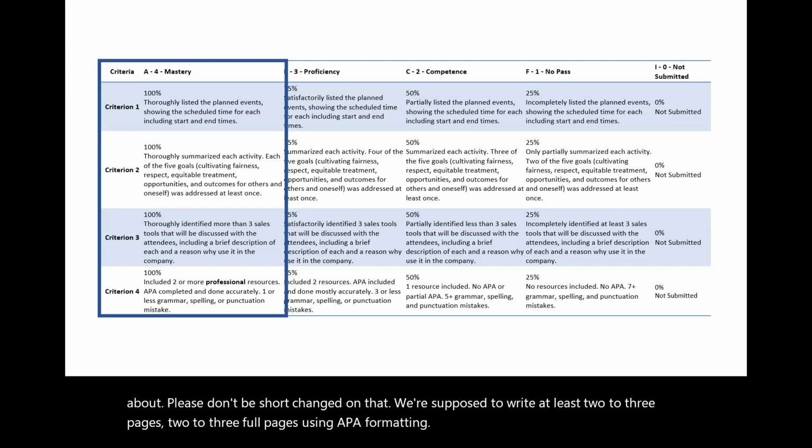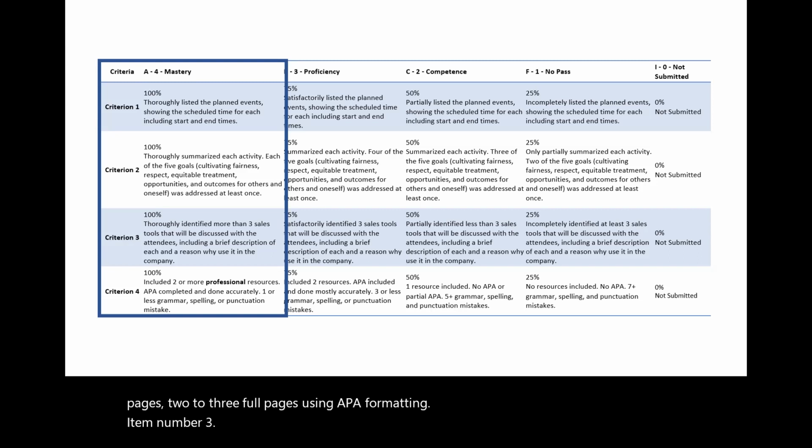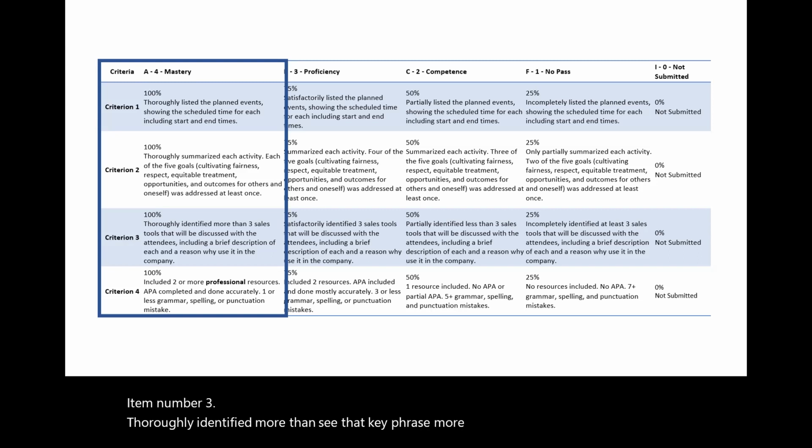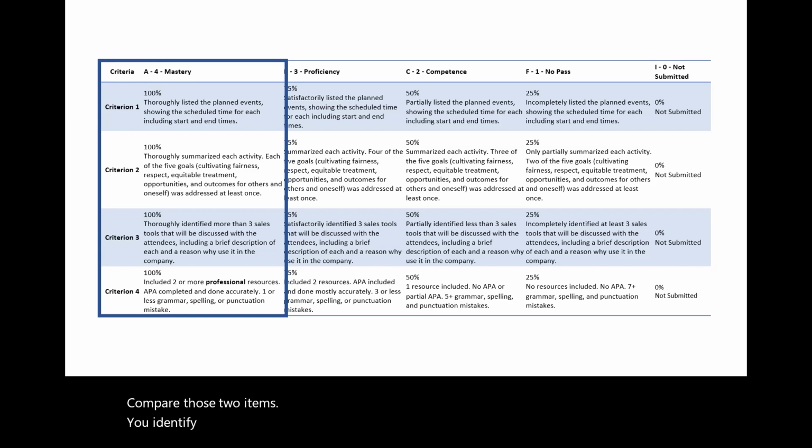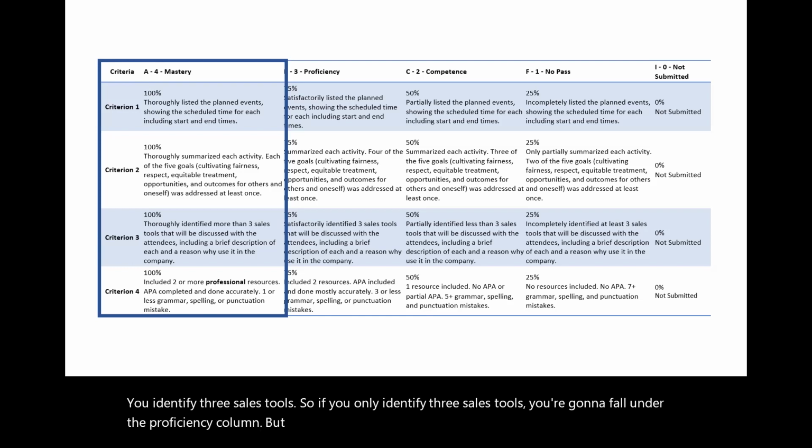Item number 3, thoroughly identified more than, see that key phrase? More than 3 sales tools. Why do I stress the more than 3 sales? Let's look under column number 3 for proficiency. Compare those 2 items. You identified 3 sales tools. So if you only identify 3 sales tools, you're going to fall under the proficiency column. But if you want to master this, you're going to have to identify more than 3 sales. So watch that phrase,